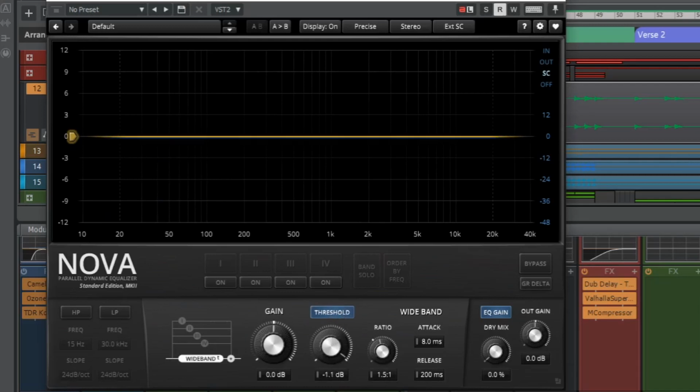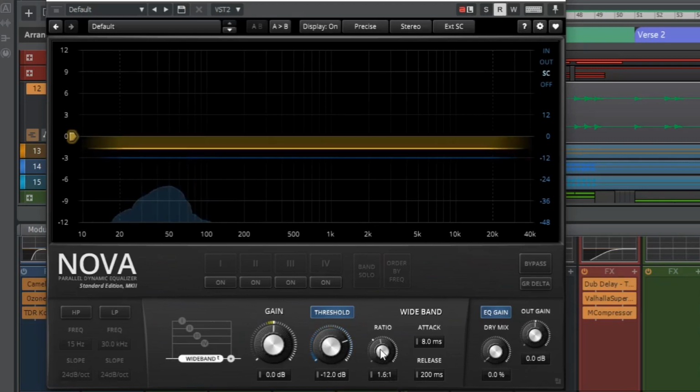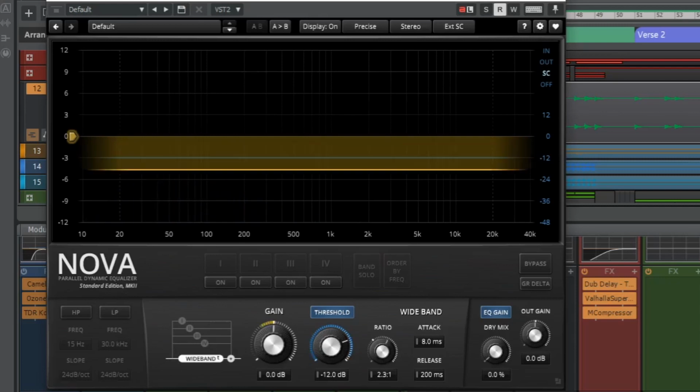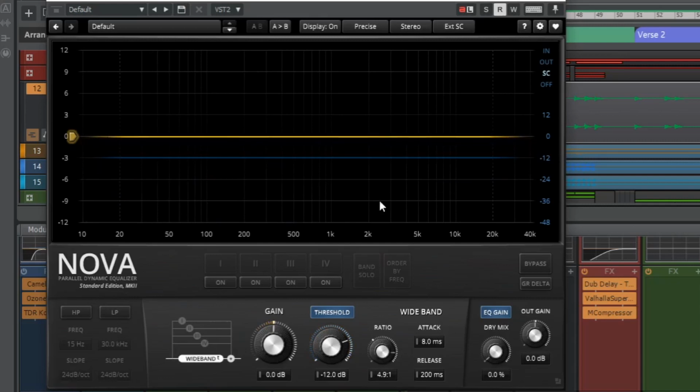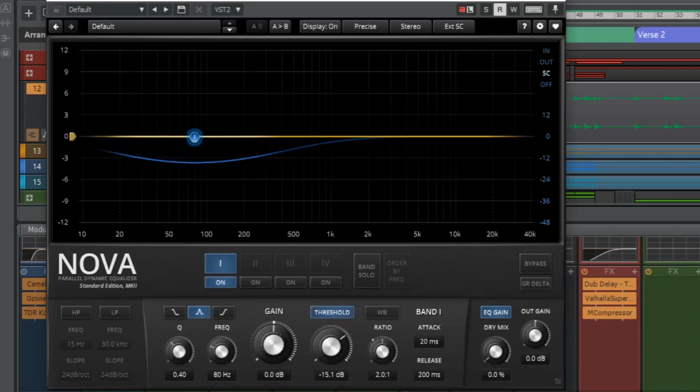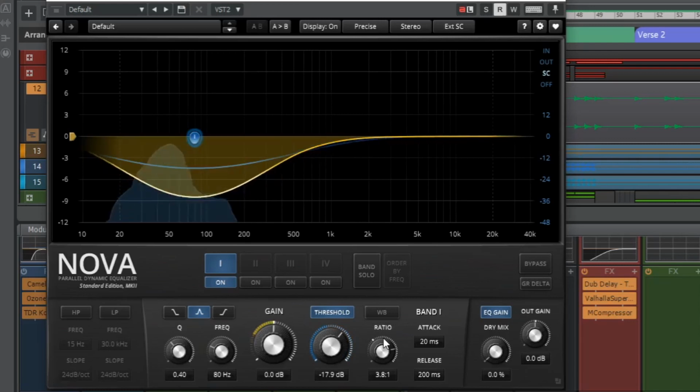Let's turn the threshold on and set it to a good value. Anytime the sidechain input crosses this value, the main input will be sidechained based on the difference between the sidechain input gain and this threshold, and also this ratio. This is what's happening inside a normal sidechain compressor, which is not what we want now. So let's turn the threshold off and enable a band and set threshold and ratio for that particular band.